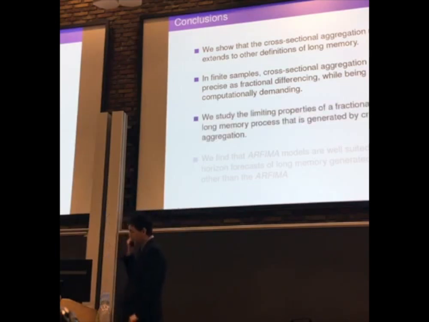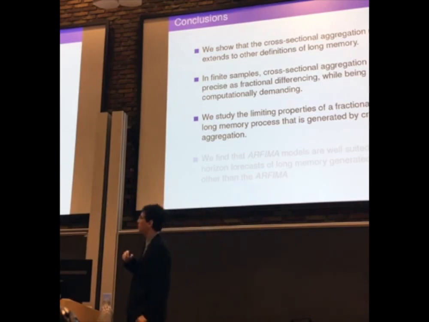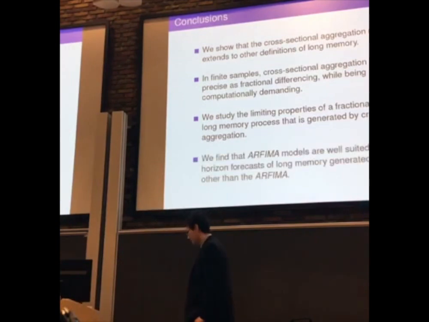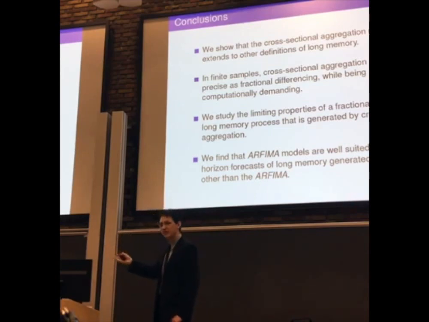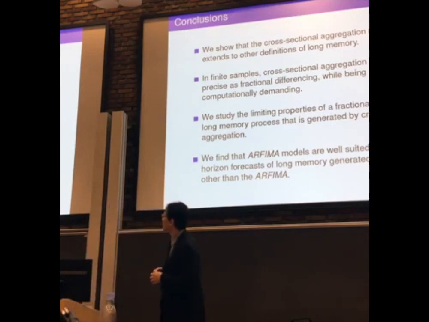We saw the limiting properties of the fractional differencing. So we saw we can take the memory out, and we are left with a nice zero-memory process, but it's not an ARMA process. So we have to be careful if we want to fit an ARFIMA process to this. It's generally not going to be correctly specified to estimate an ARFIMA. Nonetheless, for forecast purposes, it's good enough when the horizon is large enough. So it's not an ARFIMA, but yet if I use an ARFIMA to forecast it, it seems to do well enough when the horizon is large.